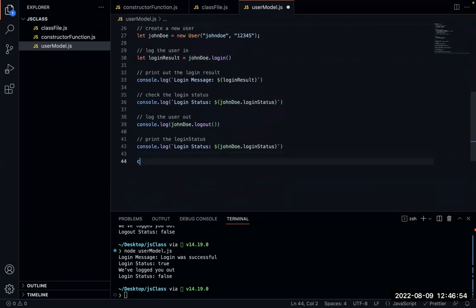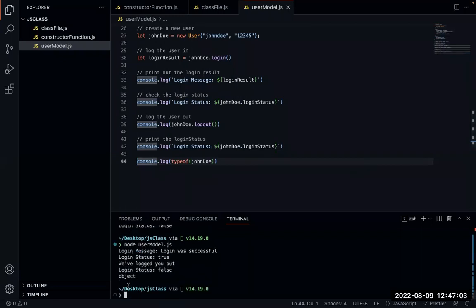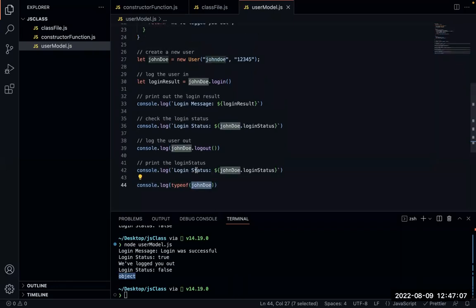Let's check what type of object John Doe is. We can just simply say console.log and we say typeof John Doe, right? So let's see if we print this. You see that John Doe, of course, is an object, right? John Doe is an object. What if we want to check the type of the user object itself? Of course, we're getting a function. This is expected basically because the user itself, as an object, is also an instance of